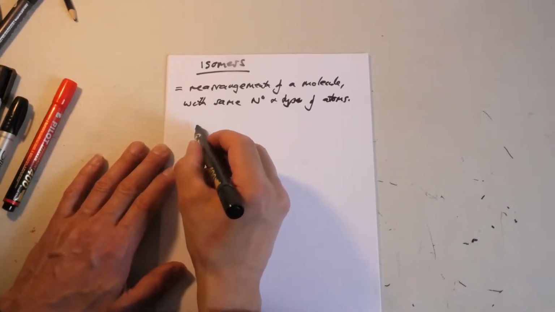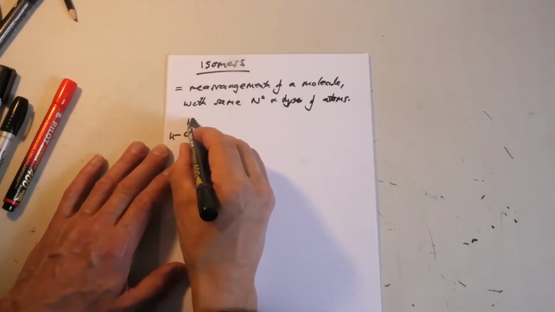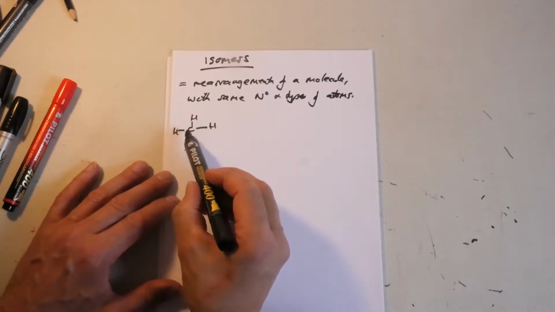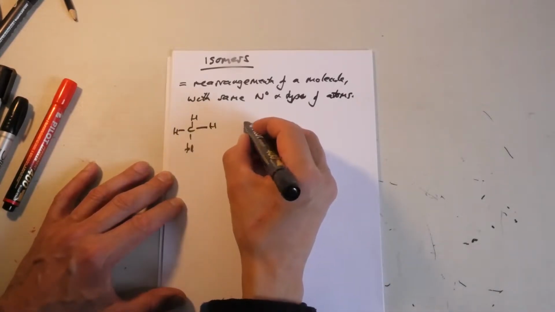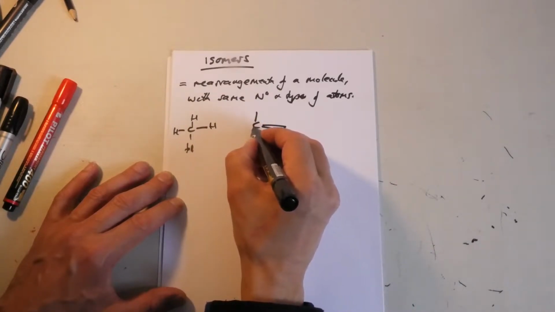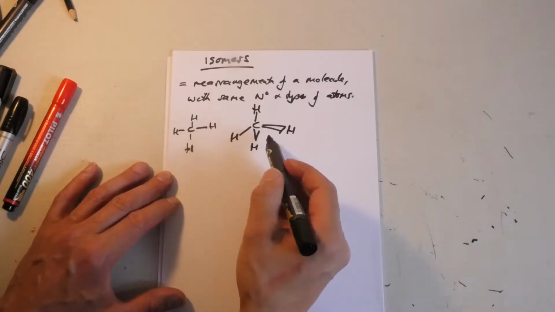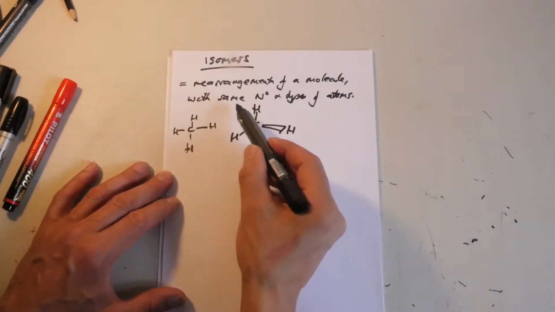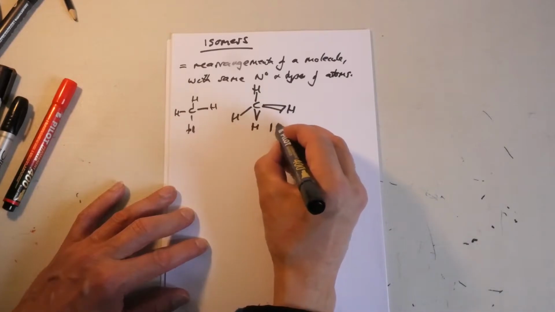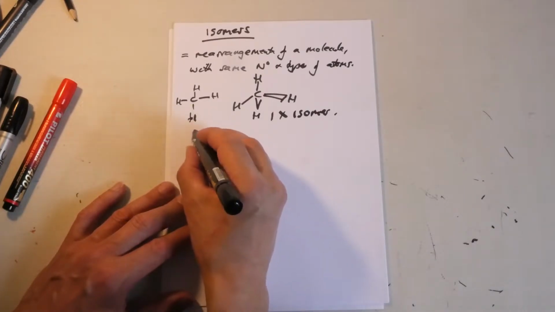So, for example, with methane, clearly only one arrangement can exist: carbon with 4 hydrogens around it. Which actually, I should point out, is in a tetrahedral arrangement, so it's three-dimensional: one bond is coming out towards us, one is going away from us, and those two go out along the page. So it's actually a three-dimensional arrangement in space, okay? But there's only one arrangement. So there's one. With ethane, so that's methane,